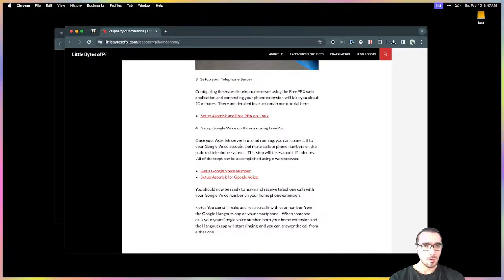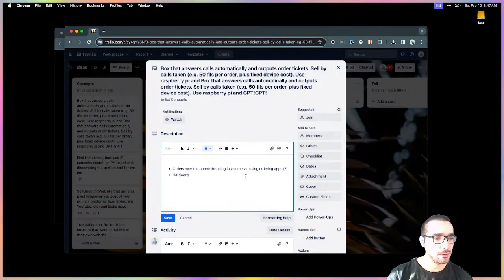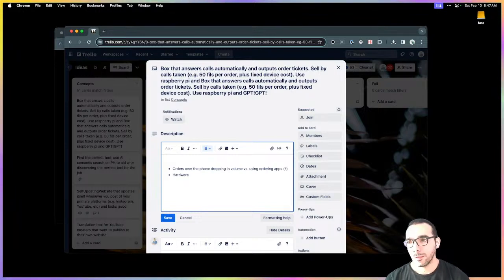Asterisk server. Never heard of this. Interesting. All right, so technically it seems possible, but there is going to be a hardware component, so that's just something to consider.